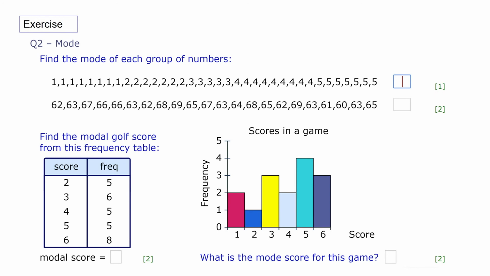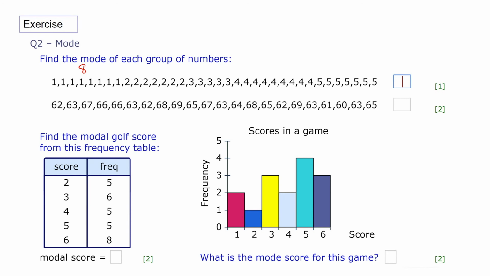Okay, so hopefully you've answered these questions and now you're going to mark it. So let's look at this first question here. Find the mode of each group of numbers, which there are a lot of numbers here. So you may want to, let's look at this one. There's 2, 4, 6, 8 ones. And then what I may do then is compare each of those. So there's 2, 4, 6, 7 twos. So that would not be the most popular